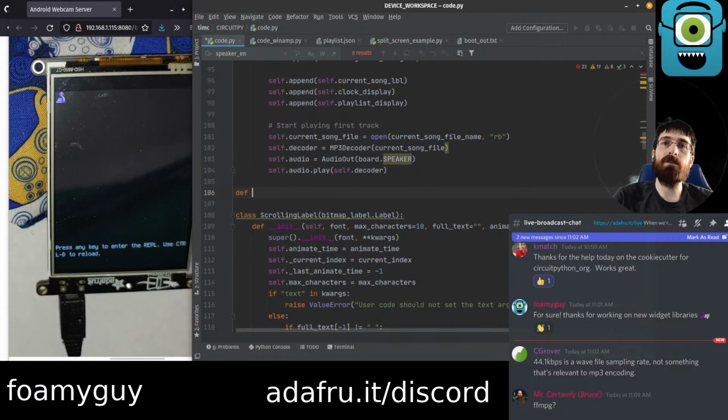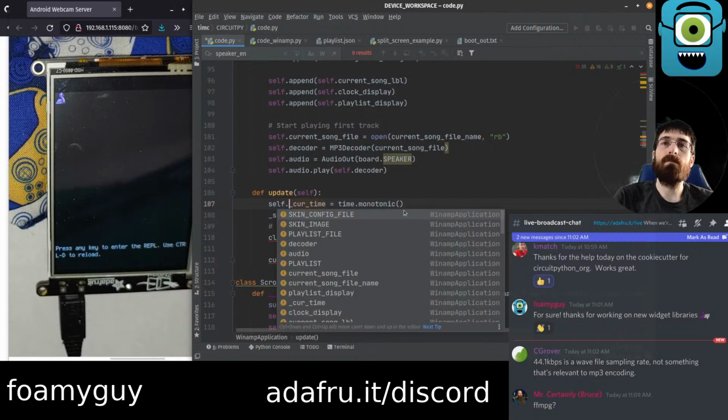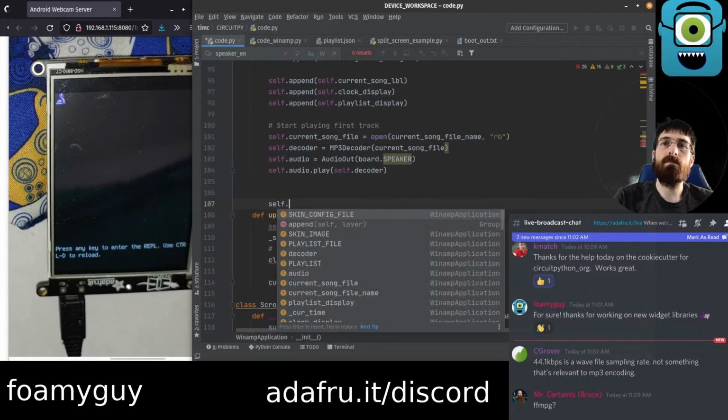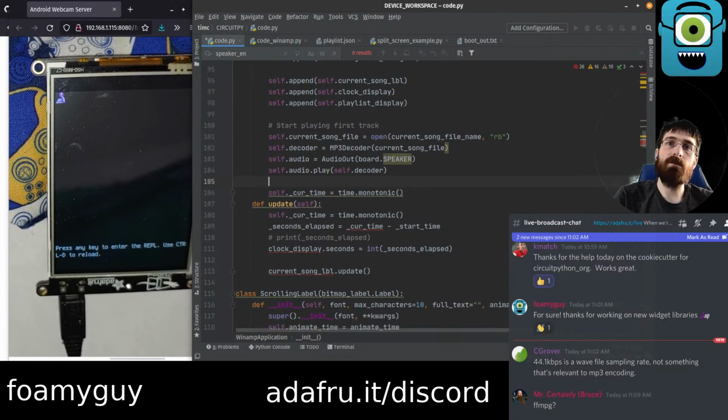This is in a new function, def update. Set this when we initialize as well. I don't know if it matters, but